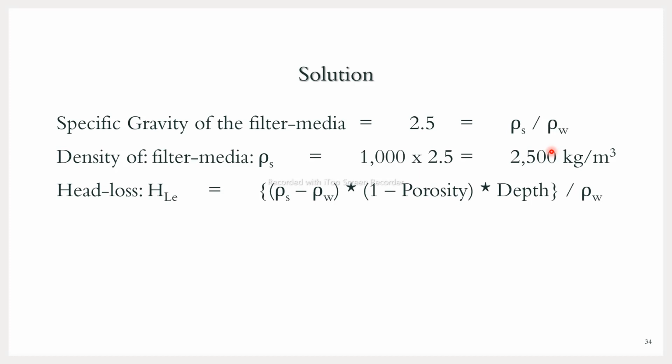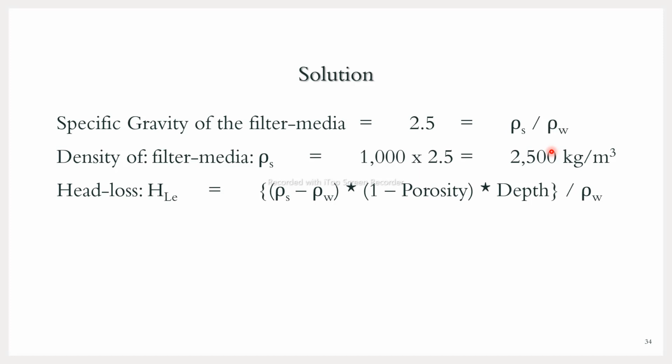So that's why we are taking the fraction 1 minus porosity into the depth, because it will be distributed through a depth only. The more the depth of the filter, the more head loss there will be. If the filter layer is very thin, then the head loss will be less. If it is more, then there will be more head loss. So depth is a contributor. The 1 minus porosity fraction is a contributor, and the specific gravity minus 1.